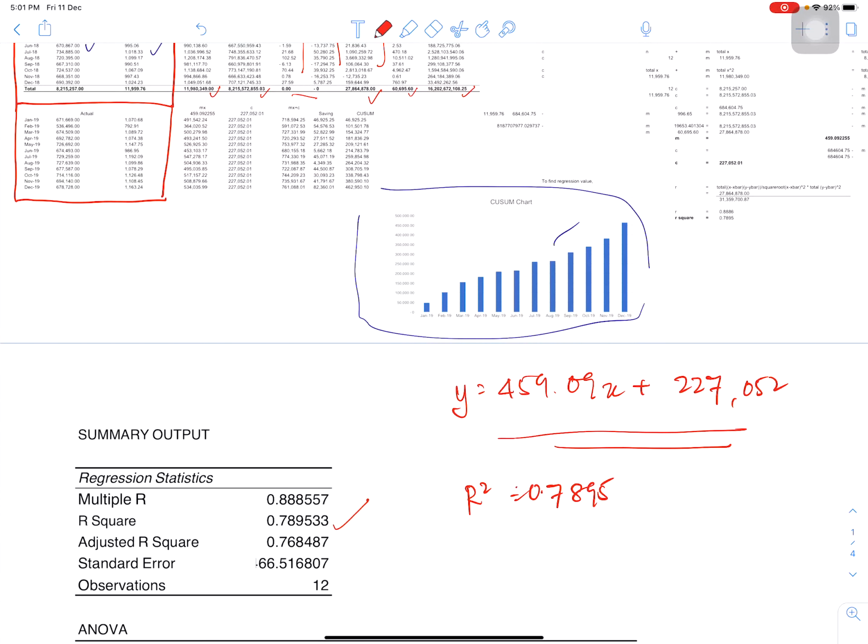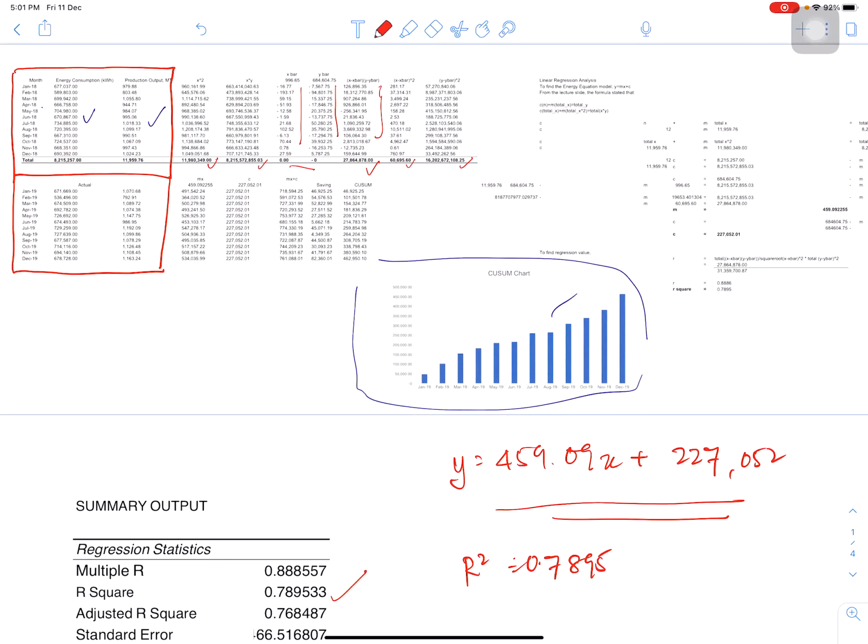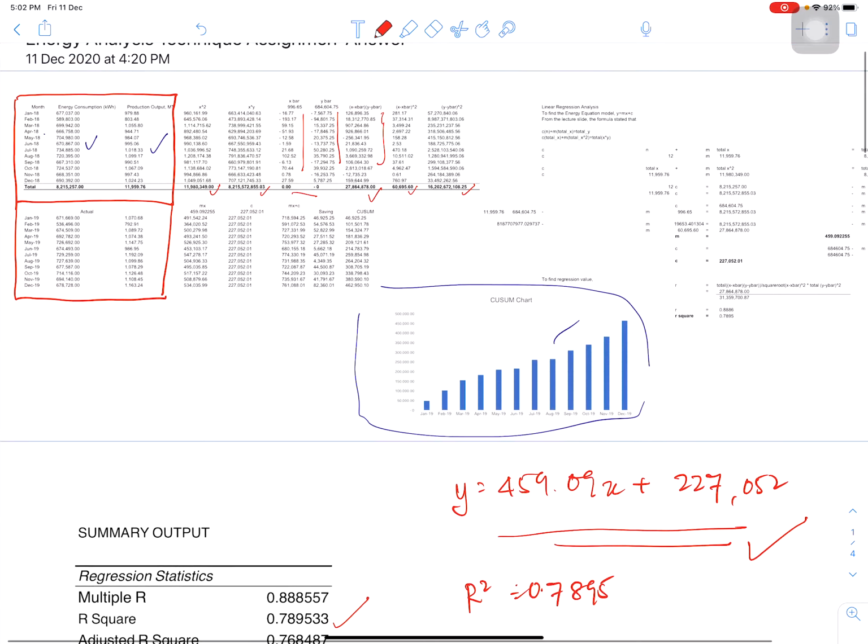Right. Now, for the Q sum, the important thing is, by using the baseline, the 2018 energy consumption, we get the energy equation model, which is here. To determine whether in 2019 they have a saving or not, we have to compare the consumption in 2019 with the consumption in 2018. So the consumption in 2019, we have to adjust. What I mean here,